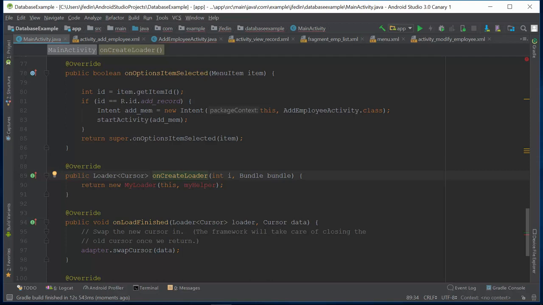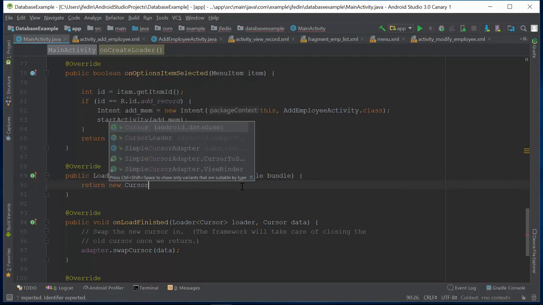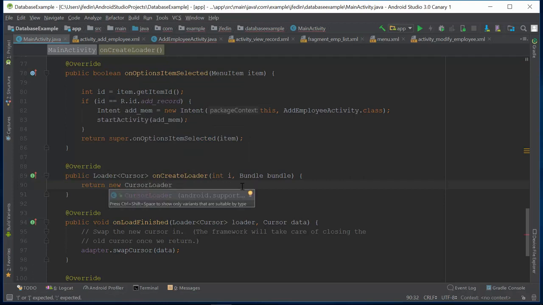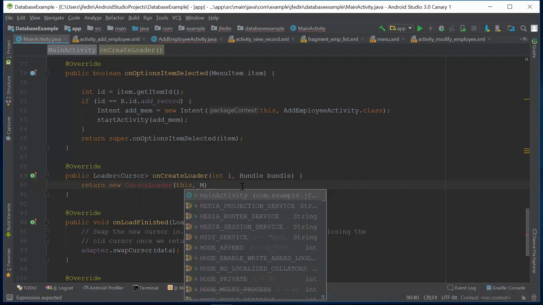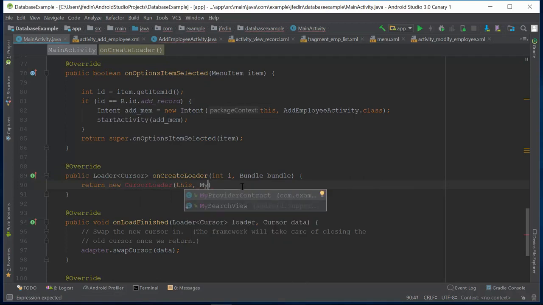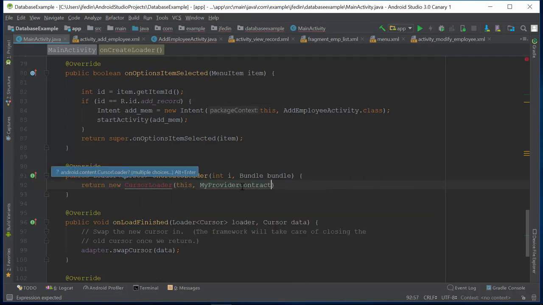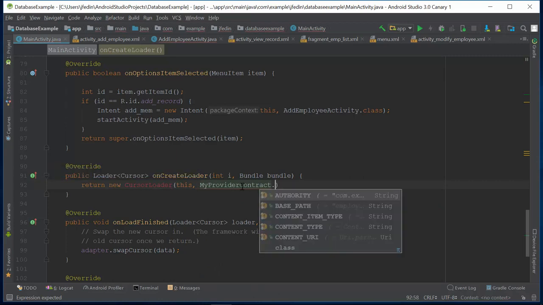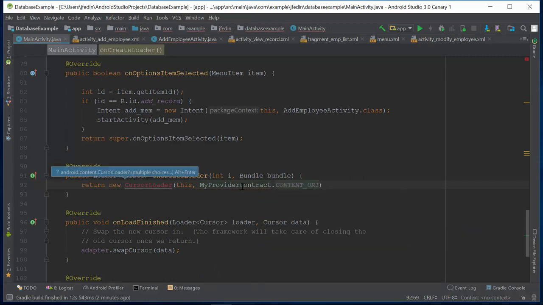So in the onCreateLoader, we can create a new cursor loader, and this is how you normally do it. We can say new CursorLoader. We can say this for the application, and now we want to use our contract. So we can say MyProviderContract, and we want to pass it the content URI, and we also want to pass in the table names. So we can say new String here,